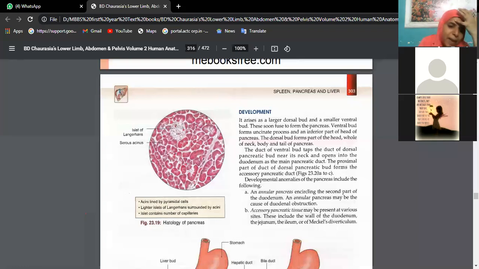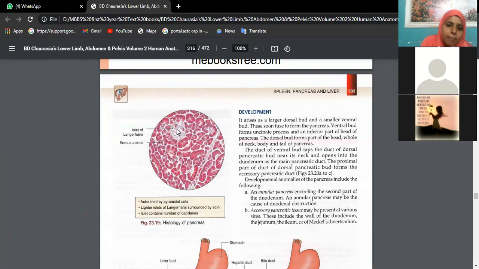Now see here beta, now pancreas histology. See, we know the pancreas is both an exocrine gland and an endocrine gland. Okay, so when you talk about the exocrine gland, it has all acini. Okay, so all these acini are serous acini, purely serous acini. Why do we have serous acini? Because we know the pancreas is releasing pancreatic juice which is rich in enzymes. Okay, between that we will have intralobular ducts, interlobar ducts and all. Okay, that is the exocrine part.